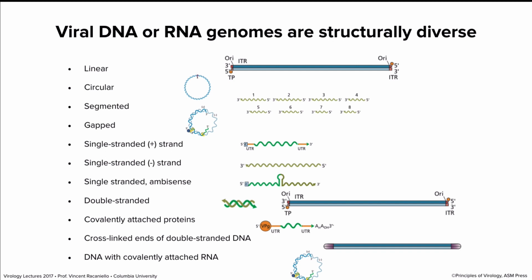These little orange spheres are proteins attached to either RNA, or some viral DNAs have proteins attached to them as well. The ends of the DNA sometimes are cross-linked. So here, this double-stranded DNA molecule doesn't have free 5' and 3' ends, but rather they're covalently linked. So we call that cross-linking. The practical result is that if you melted this double-stranded DNA, which I'm sure you know you can do by heating it to a high temperature, the strands separate, and this would form a circle because the ends are linked.